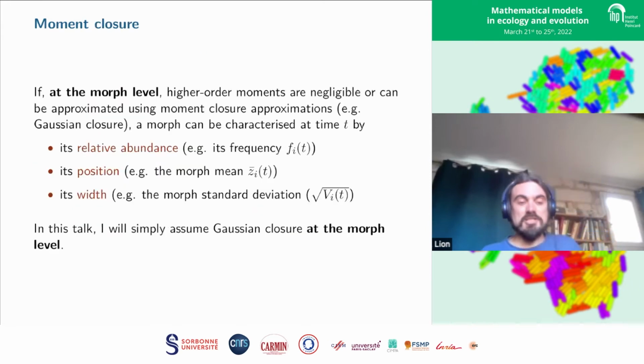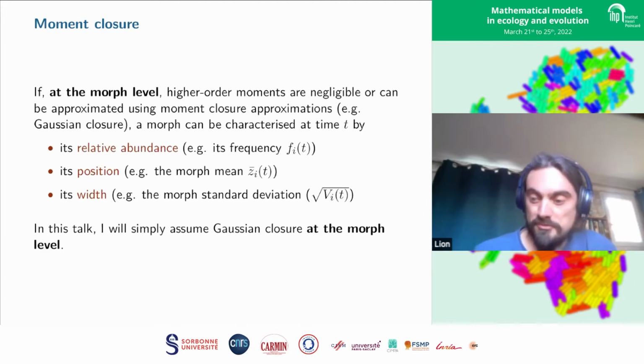Okay, and so with this approach, we're going to derive, as very classically done, this kind of moment approach to modeling evolutionary change. You can go back to papers of Henri and Burton and others. It's a very classical approach. The difference here is that instead of doing it at population level, we're going to do it at the morph level and then couple all these morph equations together.